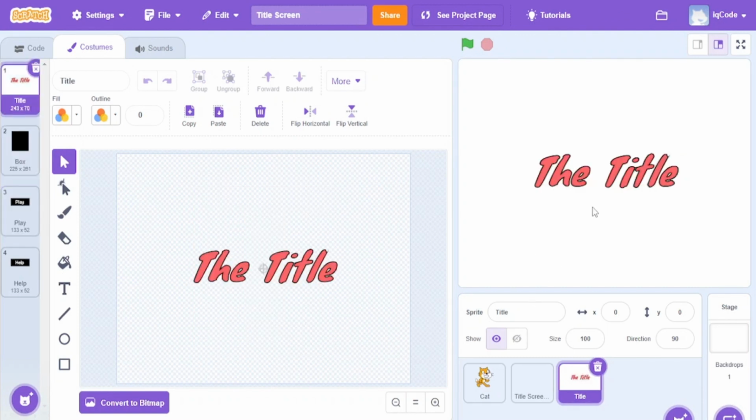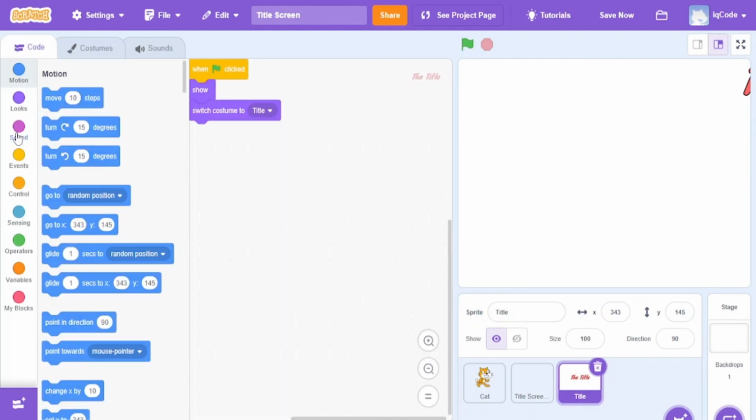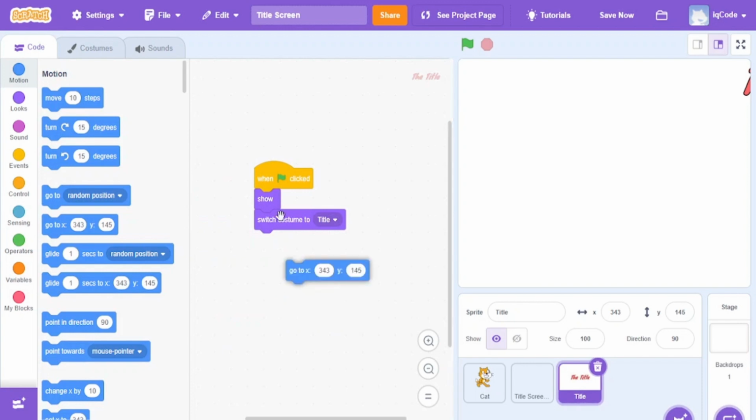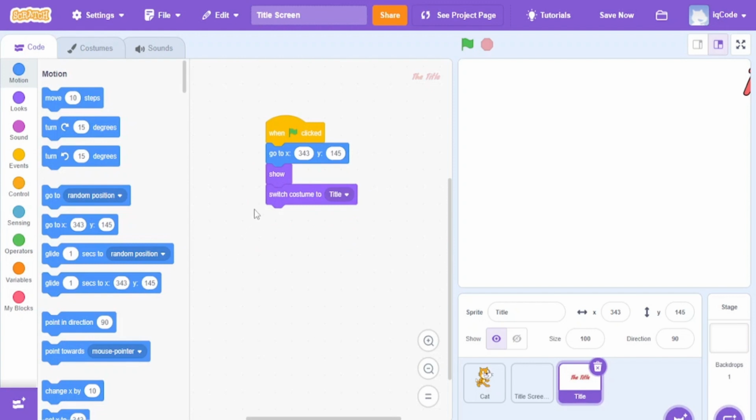So now when we're at the title, I want to move this to right here, y 145, and just write 999 so it can go all the way to the right as much as it can. Now from here, I want to put motion, go to this location, go to x 343 y 145, switch costume to title, and then it is going to glide 1 second to